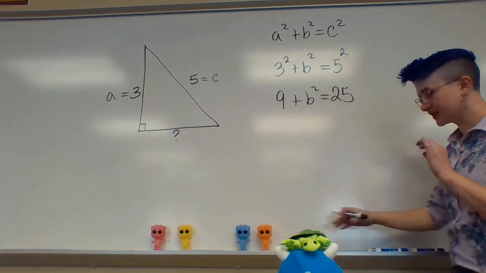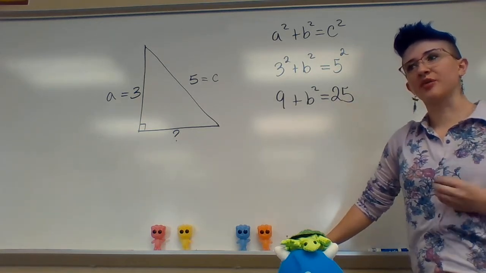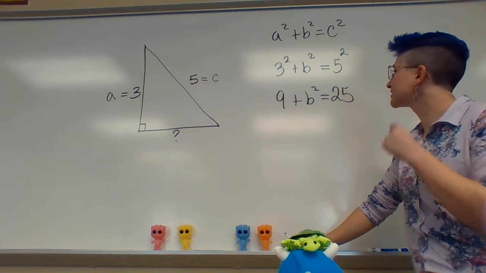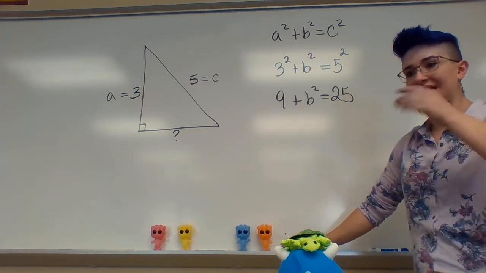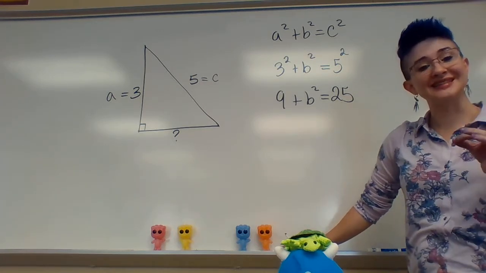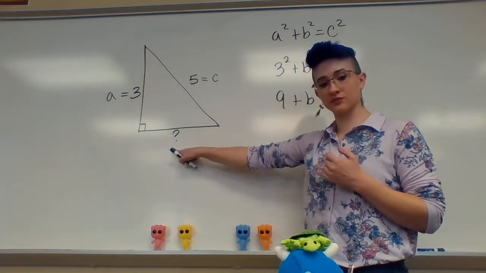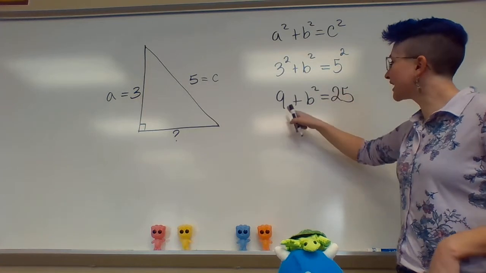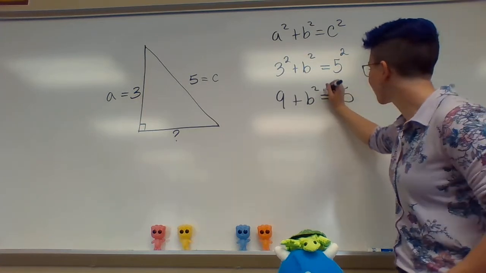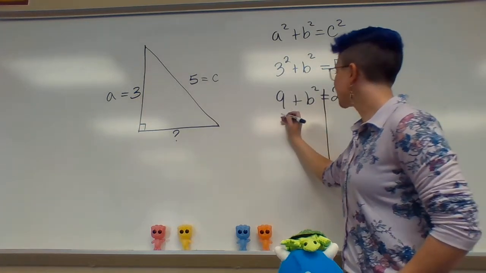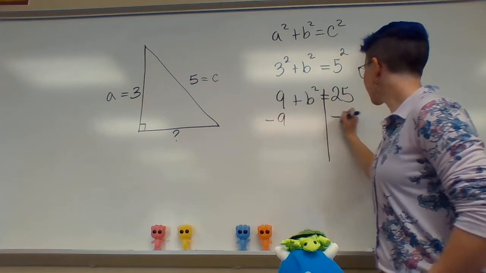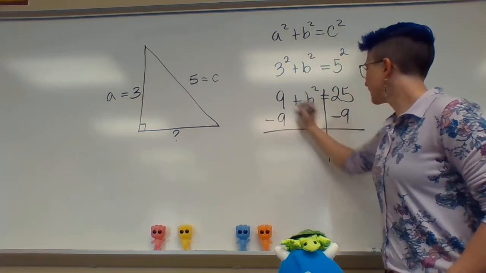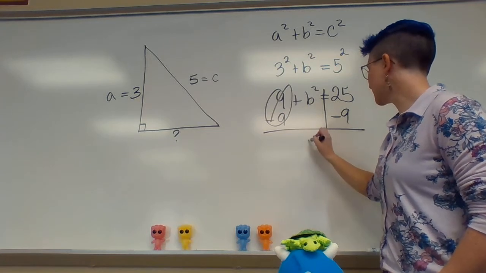Okay, now, when we did equations, a very important thing that we had to do each time was isolate the variable we're solving for. In this case, I want to know b. Okay? So I need to isolate b. To do that, I'm going to get rid of my 9. What I do to one side, I have to do to the other. This is a positive 9, so I need to subtract 9 from both sides. That becomes a 0 pair. And we're left with b squared